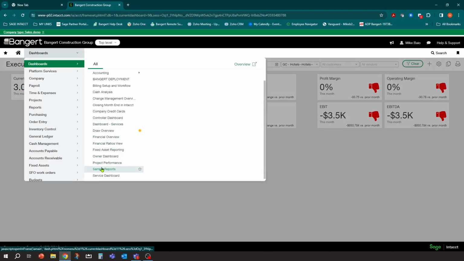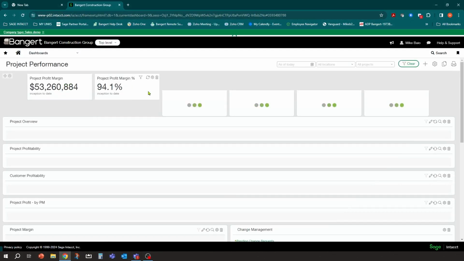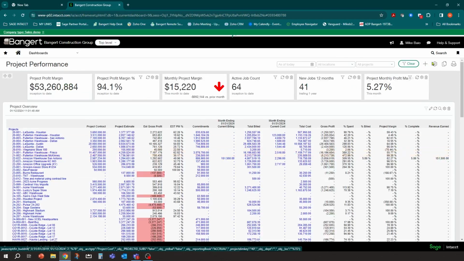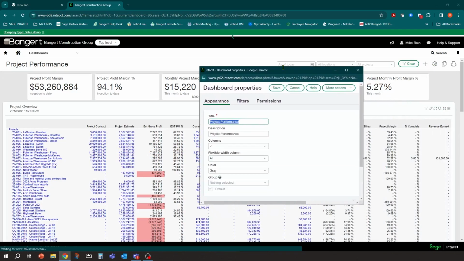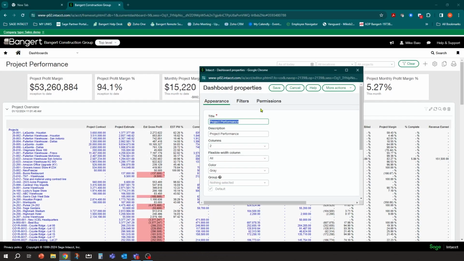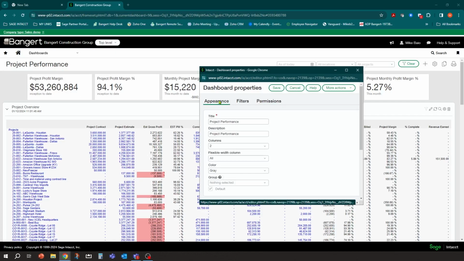So operations, well, there's a project performance one that's definitely going to be operations. Now we haven't restricted these dashboards. So what I mean by that is you don't have to be a member of this group to see this board. This is not a security group. Security groups would be over in permissions. This is separate. This is assuming everybody can see anything, and an owner can still go in to the operations dashboards and see that information.